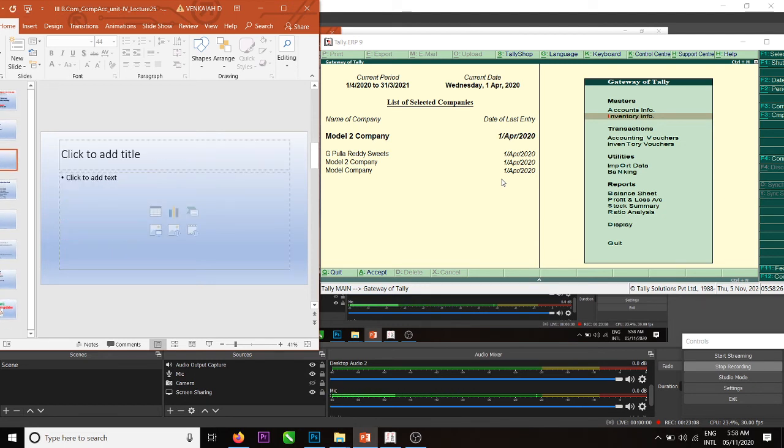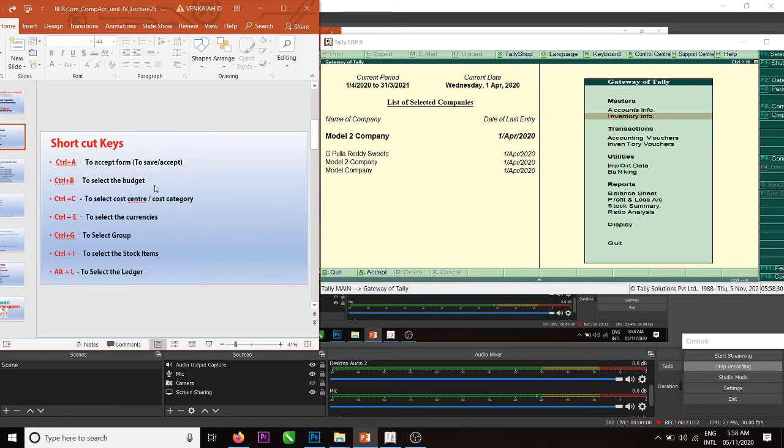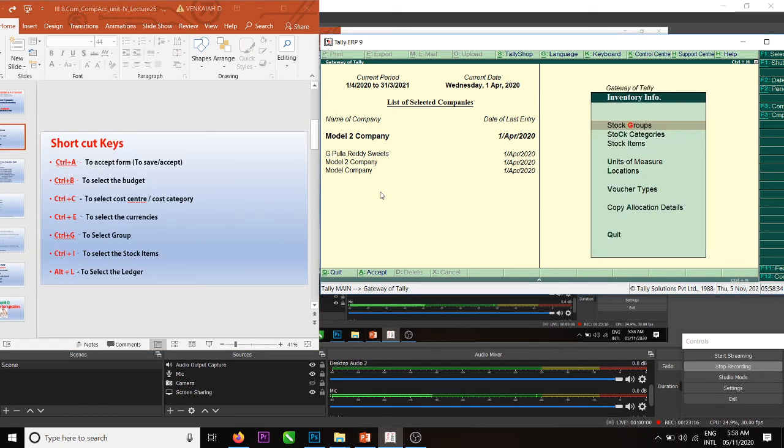Inventory info. Stock item. You see, if I want to create a stock category, then I have to go for stock categories, create like that.